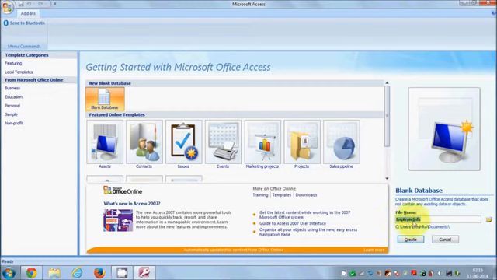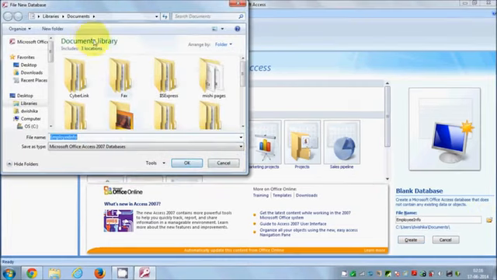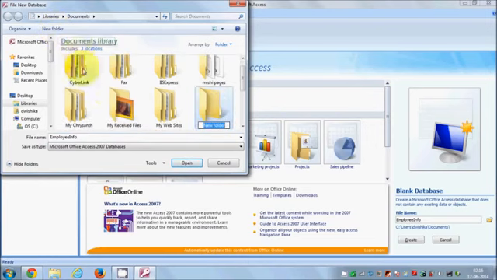So I will be creating this database and I will insert some table in my employee information database, or employee info database, and you can save your database in the specified location. By default it will save your database in your documents folder, but you can change this default location by just clicking this button, and you can just change the location. For example, I will create a new folder here and I will name it as